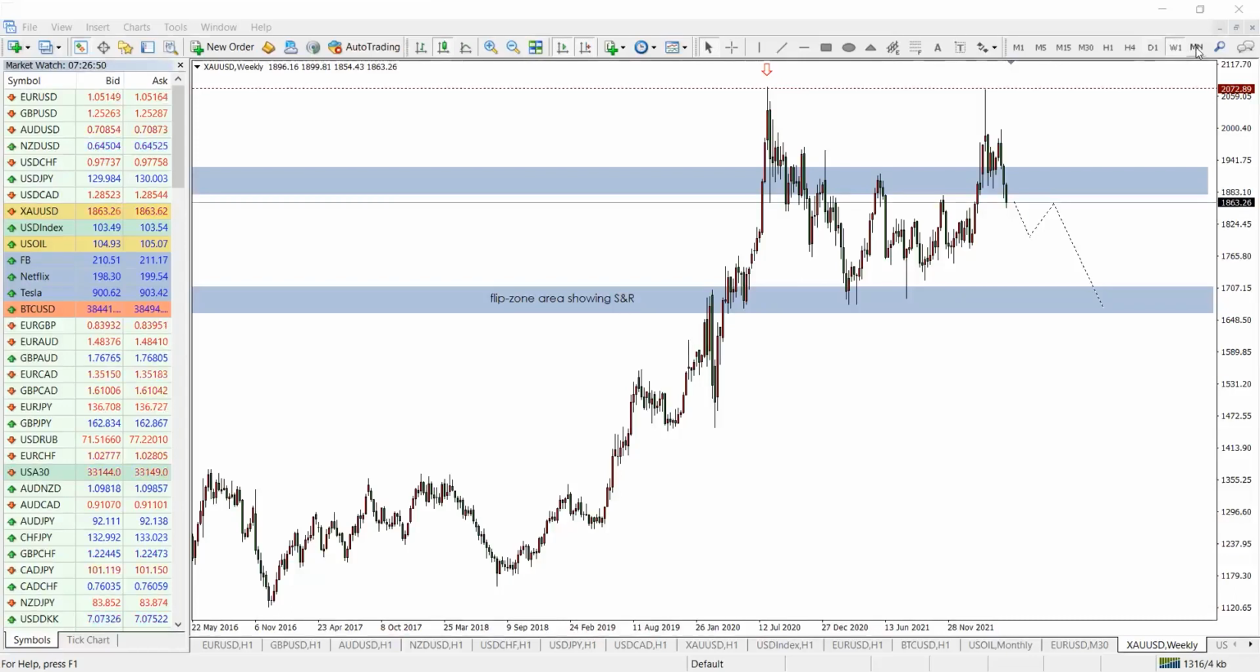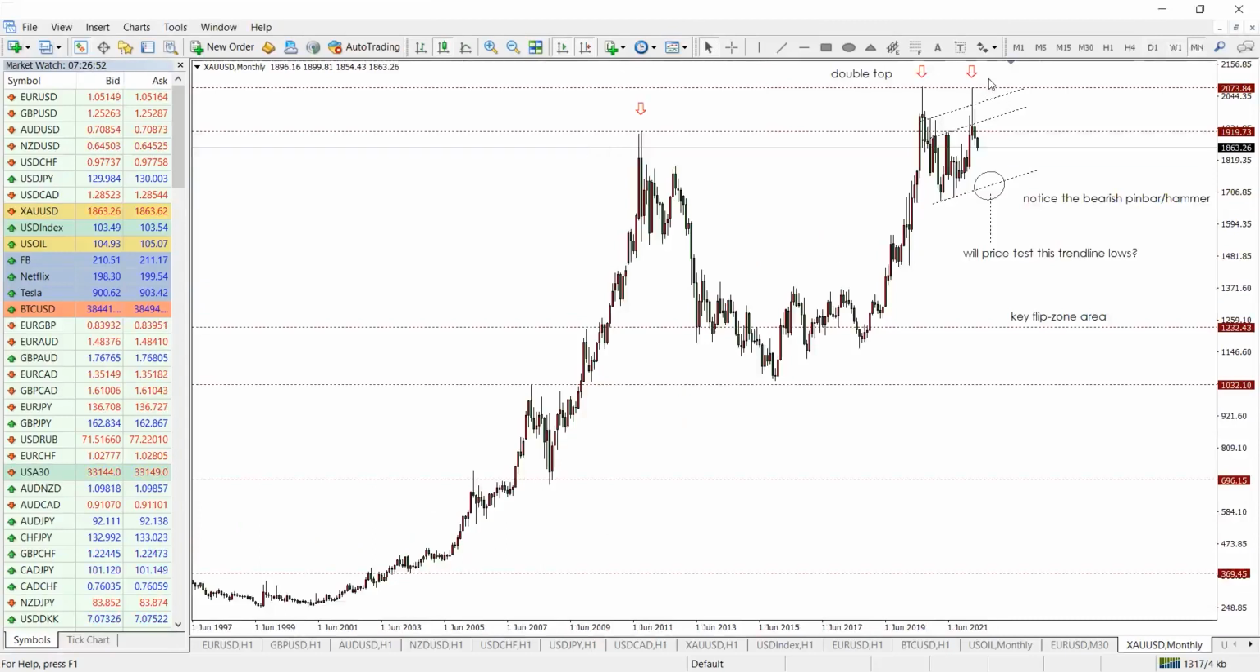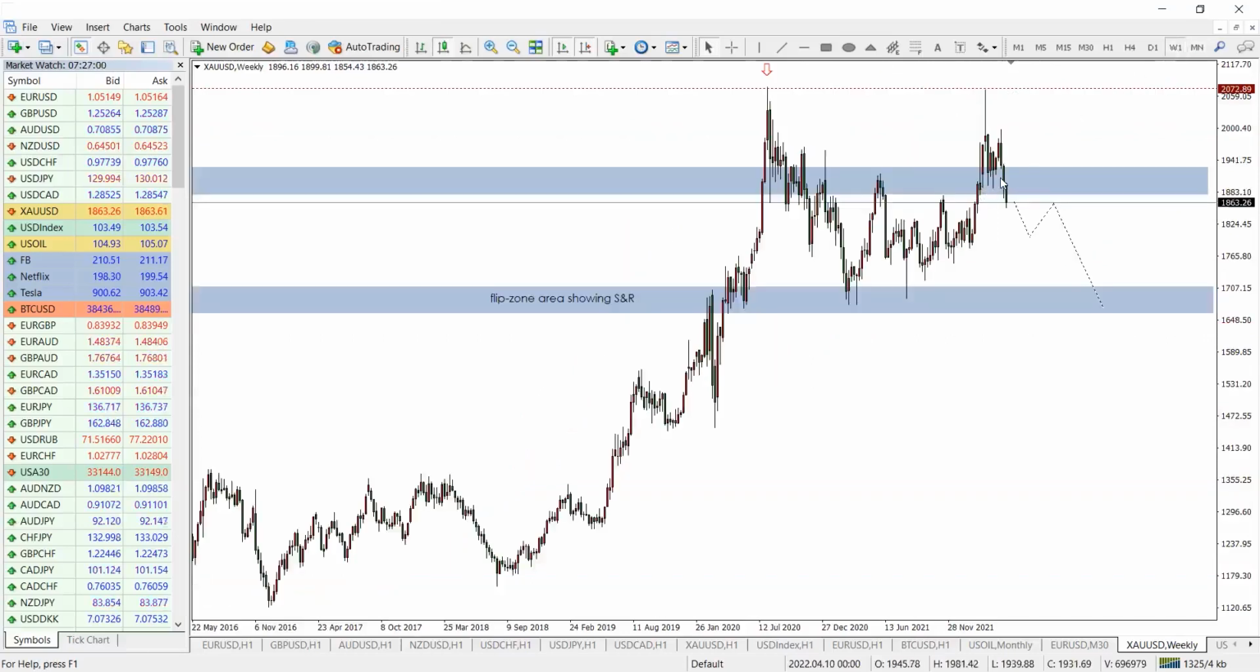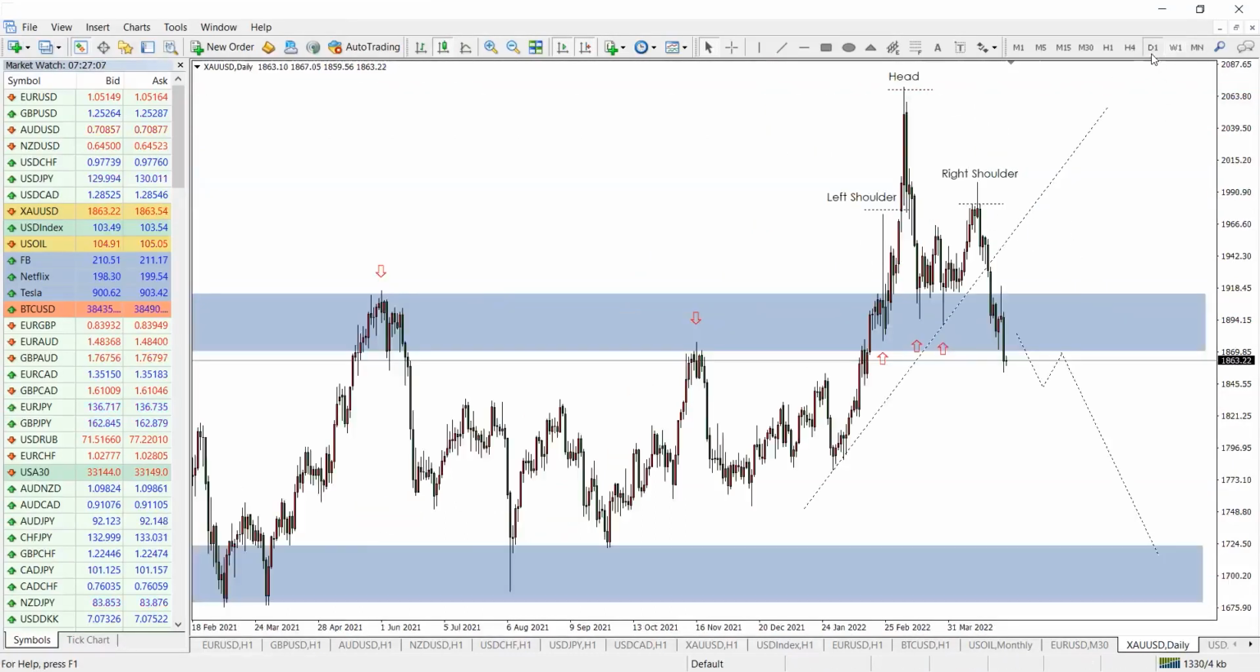Let me just show you that again. From the monthly time frame, our bias was bearish from this Pinocchio bar, from this hammer, bearish hammer. You can see it has already broken to the downside, and then on the weekly, it's breaking out of this flip. So we just need a proper break and then a retest